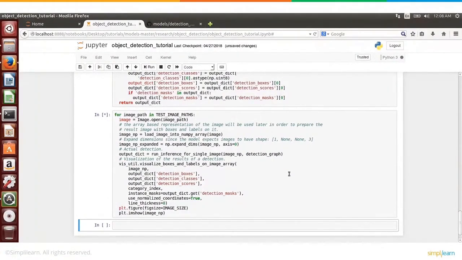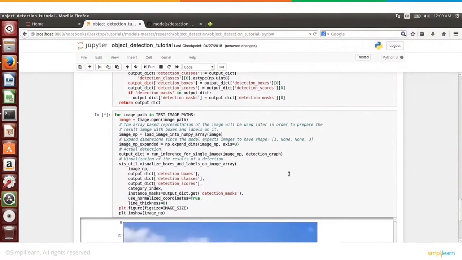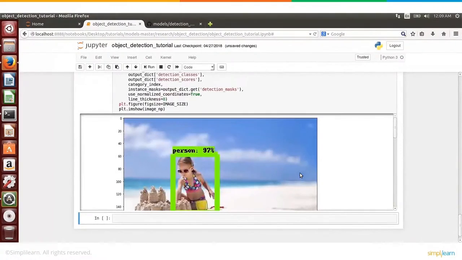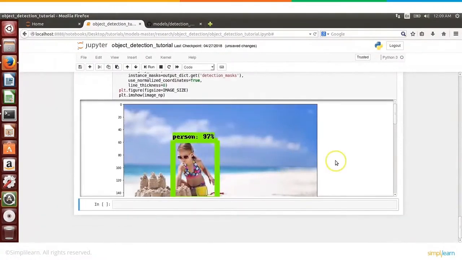So it will take probably a little while, and there are about 3 images. Let's see what it detects. There we go. So good. So the first one, it has detected a person, and that too with 97% accuracy, which is I think pretty